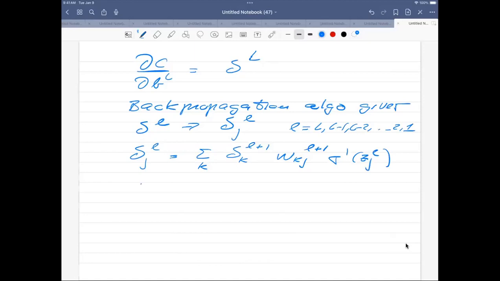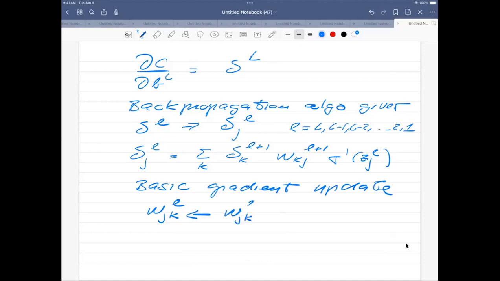And then the basic gradient update is given by W_j^k of a given layer L, which is the previous value minus a parameter eta, which can depend on the type of iteration we're doing. So this is the learning rate, eta, multiplied with delta_j^L and multiplied with a_k^(L-1). So we need to store these values,